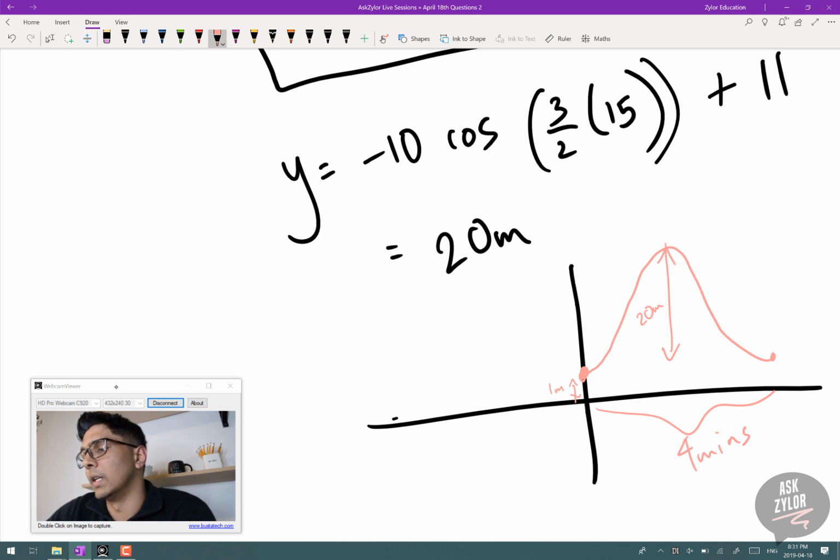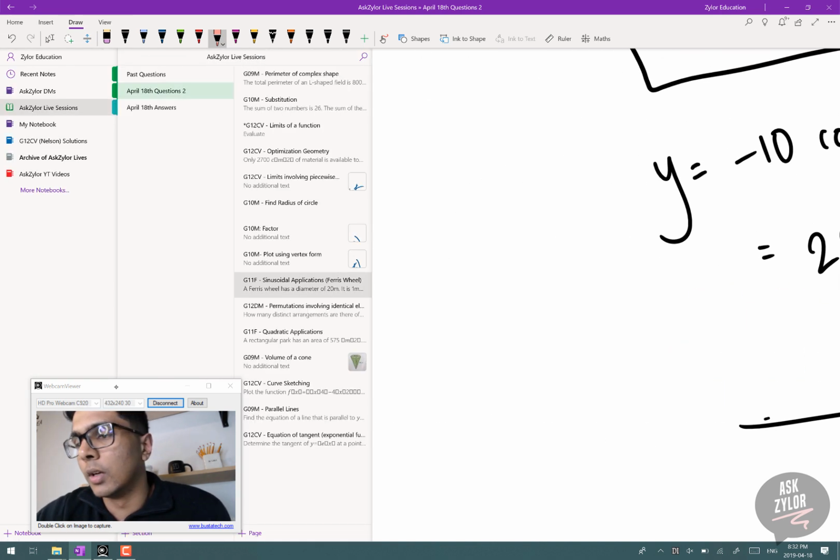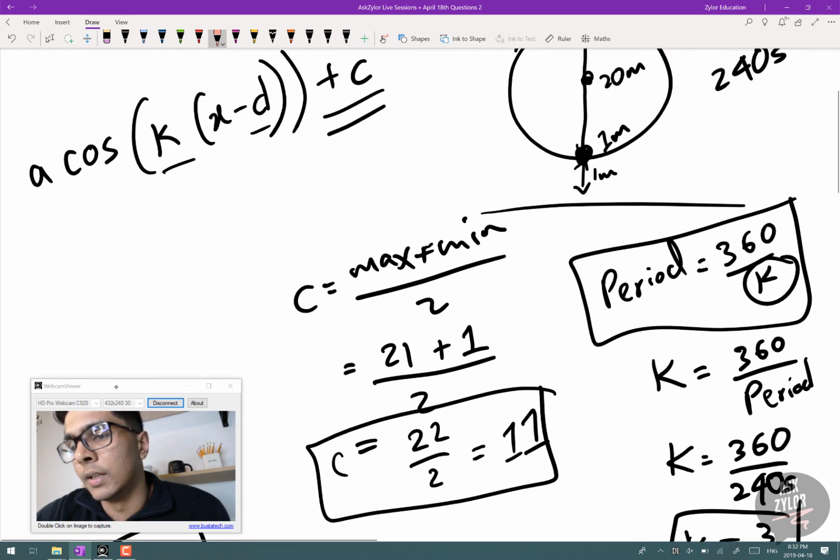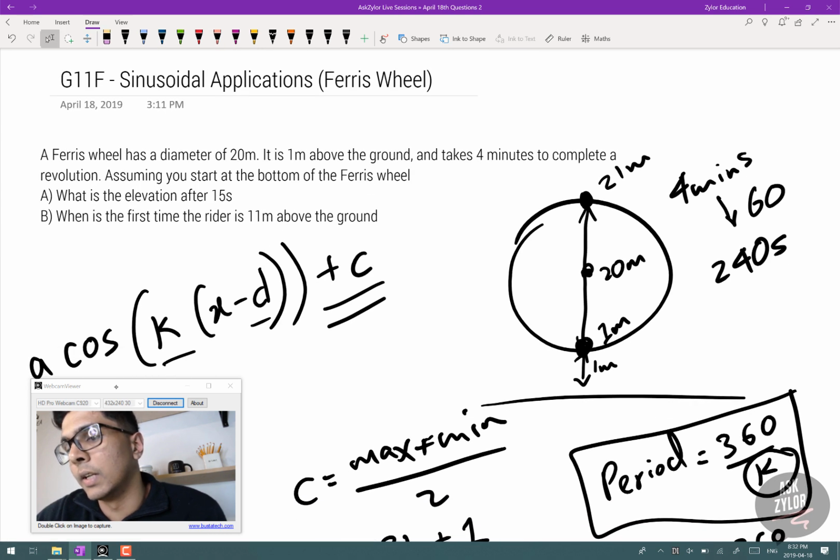Right, because that's my diameter. So these are the important features of the graph. If I start at 0 seconds, this would be 240 seconds. Okay, so the next part of the question is, when is the first time the rider is 11 meters above